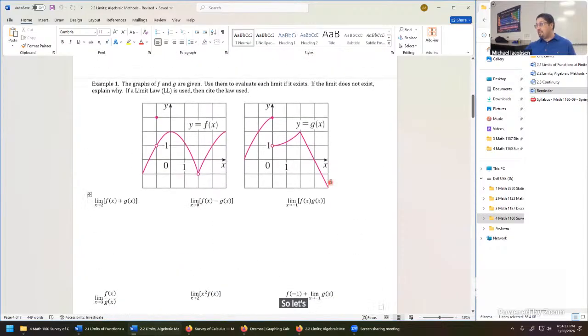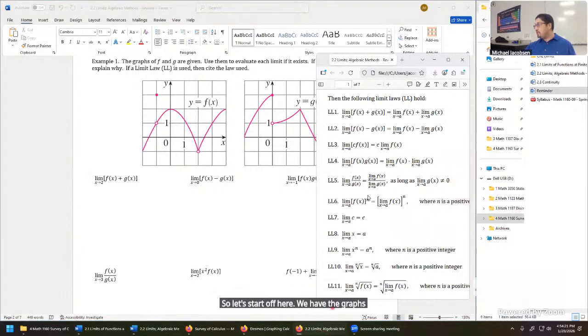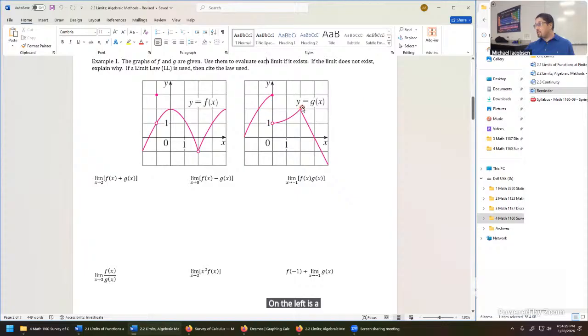So let's start off here. We have the graphs of two different functions given, much like the f of x and the g of x that's provided in all these limit laws we see. On the left is a graph of f of x, on the right is the graph of g of x, and they have some small issues. There's a hole in the graph right here, and the function value is defined 2 units above. A hole here, and the function is undefined at 2. And this one does an entire jump, and then hits a corner and goes down. So two pretty